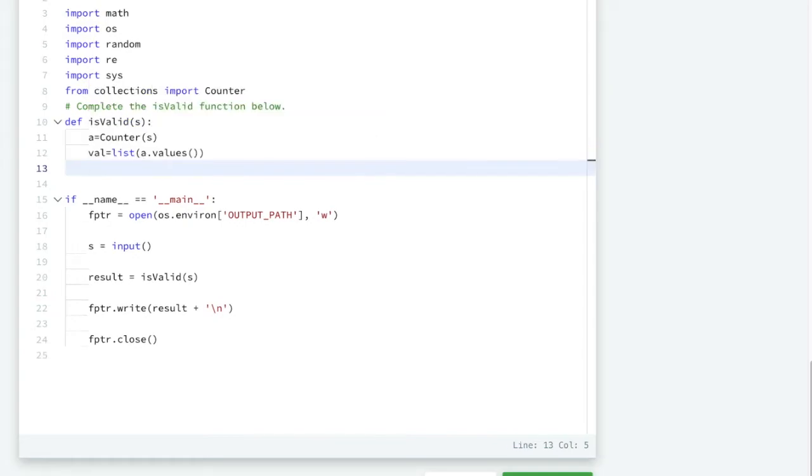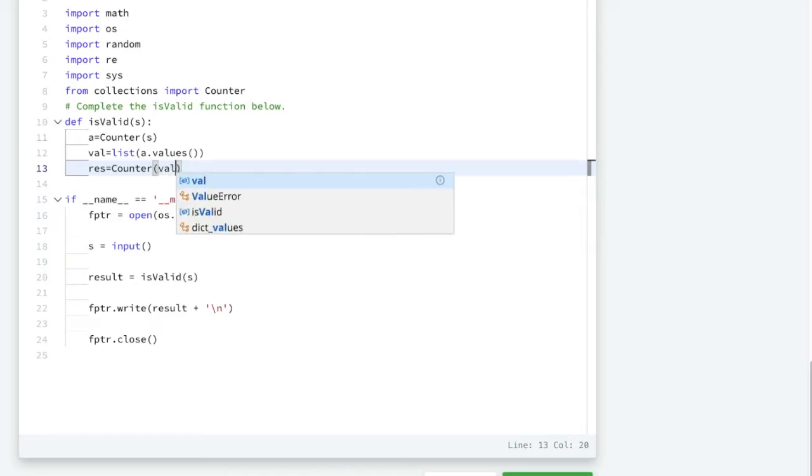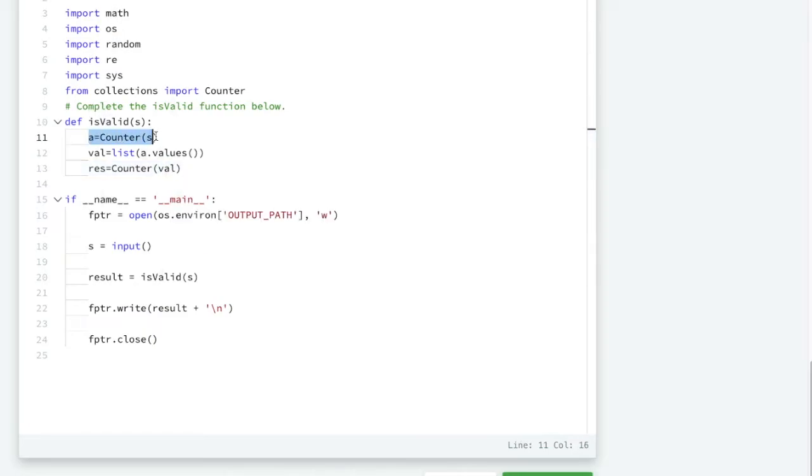Now we will convert this val into another Counter. Suppose result equal to, this is my d2, result is d2, Counter of val. Now this was my d1 and this is my d2.